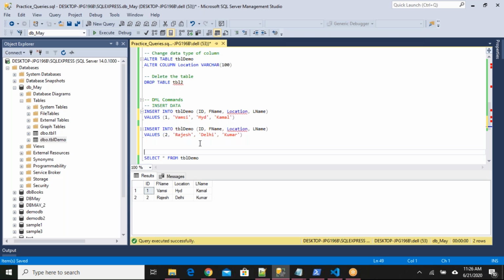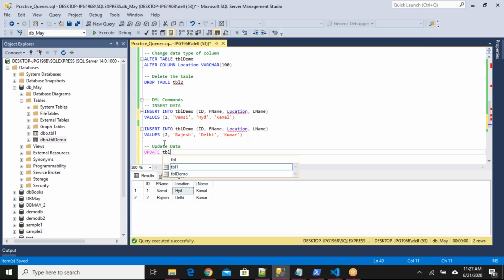After inserting, you realize that for record with ID 1, you inserted data like HYD. Instead of HYD, you want to insert Hyderabad. Okay, by mistake you have updated like HYD. So to update data, I want to update data for location column for first record. Okay, how to do that? We have to write the update command.